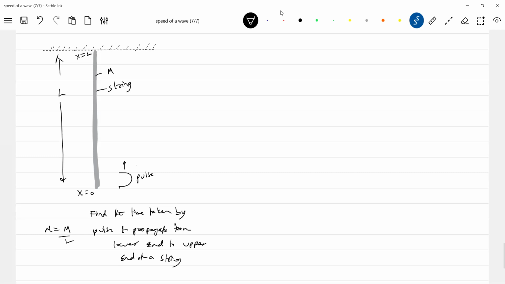Okay, I'll start with a small element at a distance dx. The weight of this small element will be dm. So what about the tension? Tension here will be T plus dt, and this will be T. Go back to laws of motion ideas. We will balance the weight of the small element. dt, this one, T plus dt will be balanced by T plus dmg. So at equilibrium for small element,